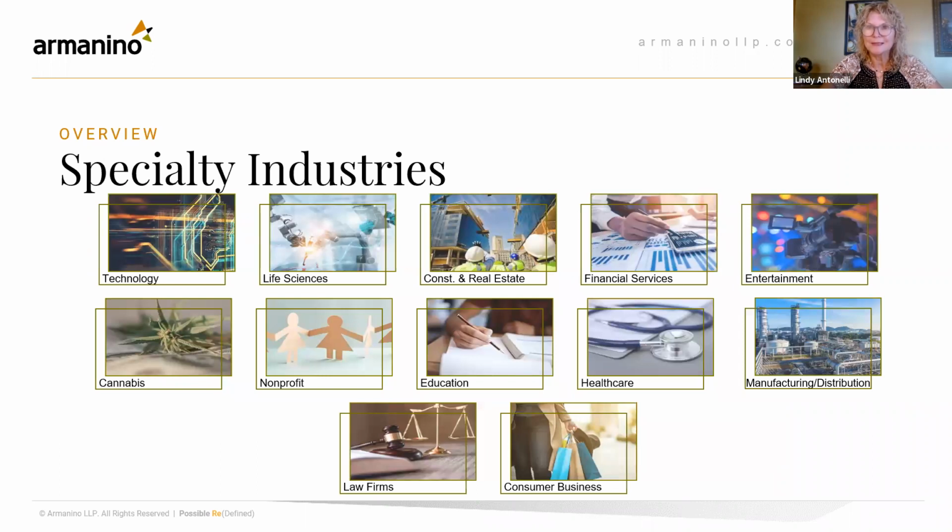We also specialize in several key industries, all of which are represented here today on our panelists. You can see the industries listed. We are the leading top accounting firm specializing in cannabis nationally. So that's opening the door to a lot of other areas besides just helping with their banking. We do a lot in that area, but you can see our industries there.